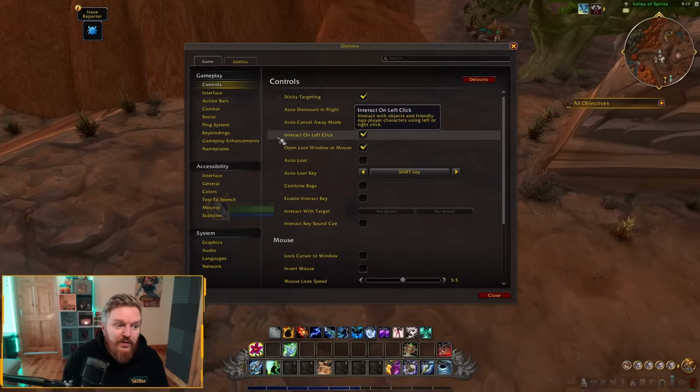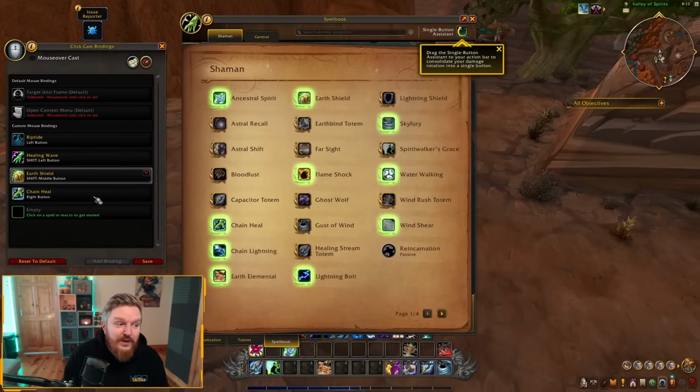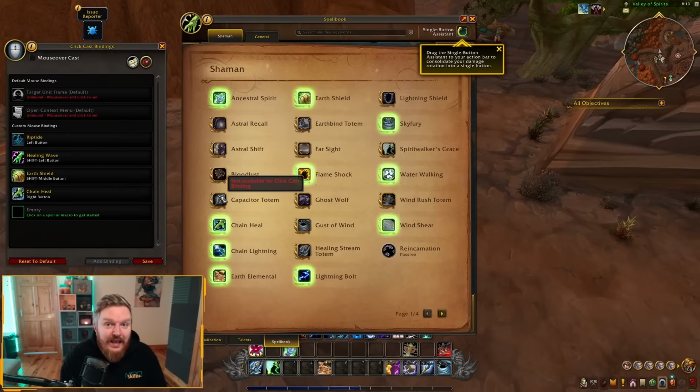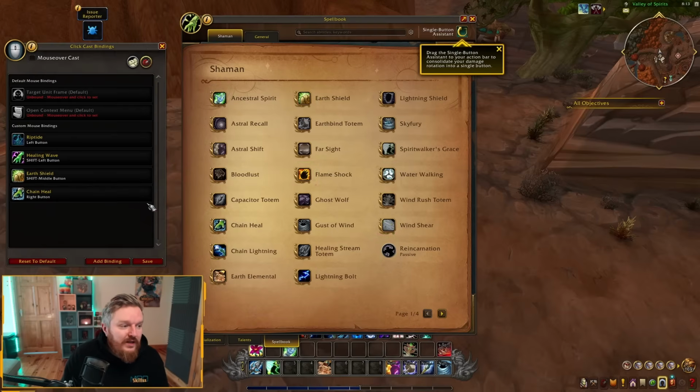Blizzard has its own built-in, you'll see it here right now if you go to keybinds, and if you click on click casting, this is Blizzard's own Click. They basically copied the interface of this add-on because it was very popular, and you can actually mouse over or make keybinds for mouse over abilities. For example, I'm just going to delete some of these here, and it works okay out of the box.